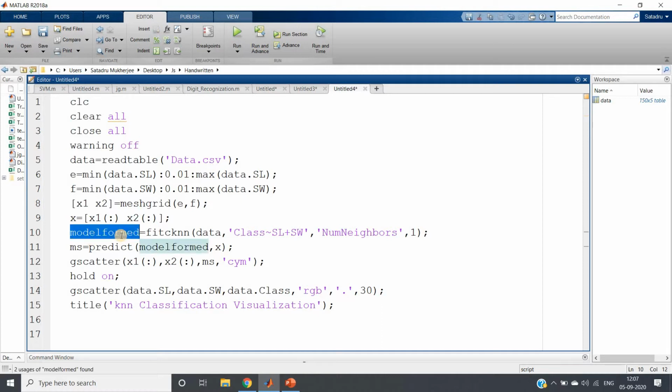First of all, we are creating the model. fitcknn is the inbuilt function, but here we are not going to create the model based on petal length, petal width and all of this. We take only two features, sepal length and sepal width, and the class is the outcome or dependent feature. NumNeighbors is a name-value argument, or name-value pair. In our previous videos, after creating the model we changed this parameter using the dot operator, but here you can give it like this. We are implementing a one nearest neighbor algorithm, then predicting and plotting.